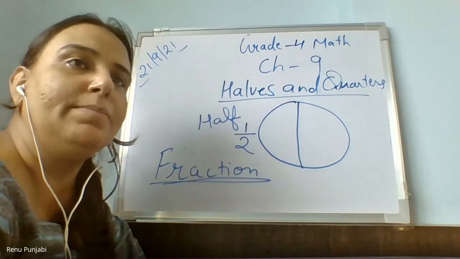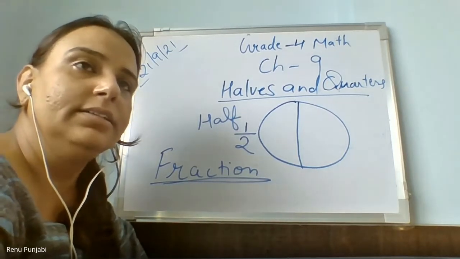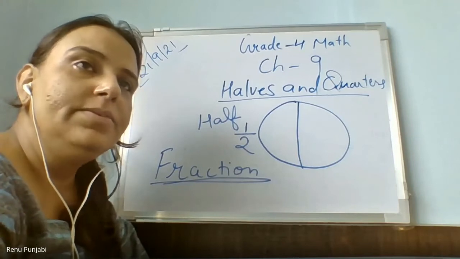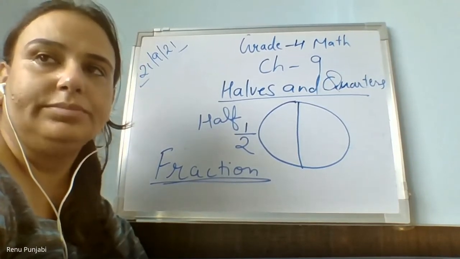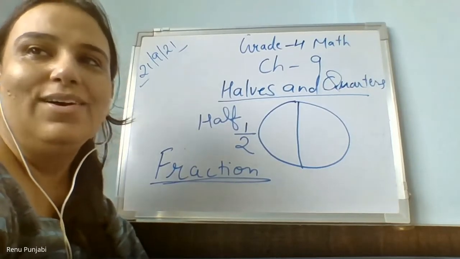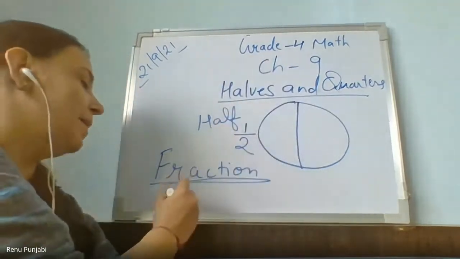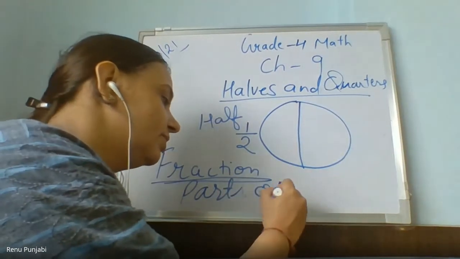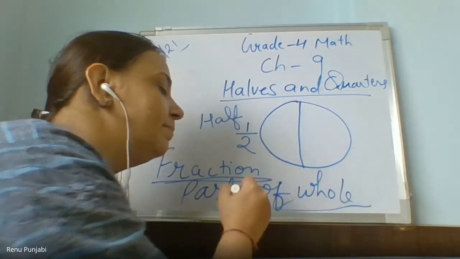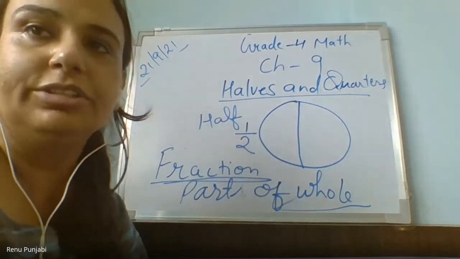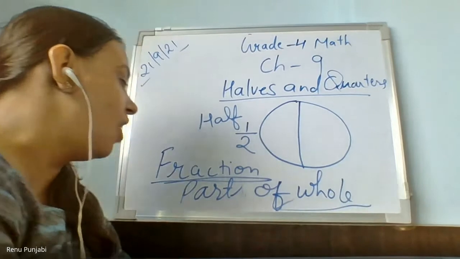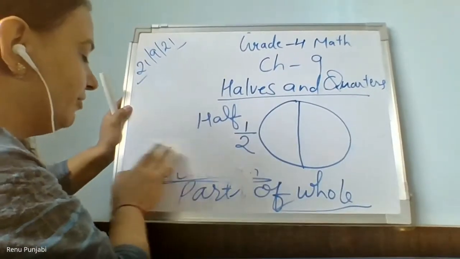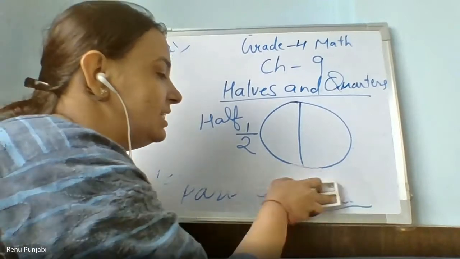Ahana just simply raised the hand, but she is not attentive in the class. Yes, Priyal. Ma'am, part of whole. Whole means complete thing. Part of whole. The complete thing's part is called the fraction. Got it? Now, how do we write the fraction of this half? We write the fraction of half as 1 upon 2.